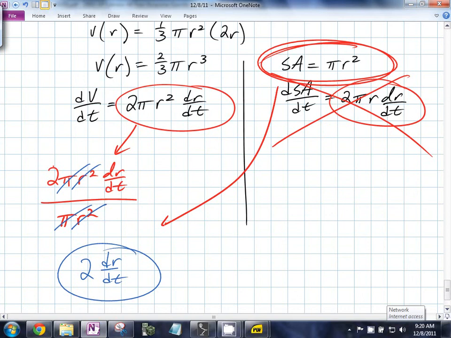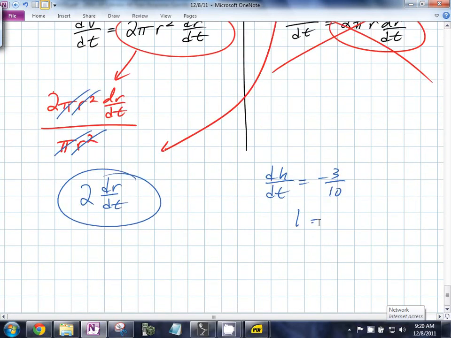Remember we did this before? dr/dt is always constant. So what do you end up with? Negative 3 over 20. You plug it in, you end up with 2 times negative 3 over 20, and what do you end up with? Negative 6 over 20, negative 3 over 10. Wait, you didn't even have to go that far. The dh/dt is